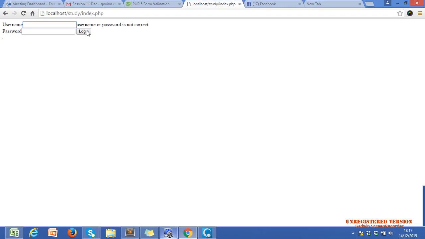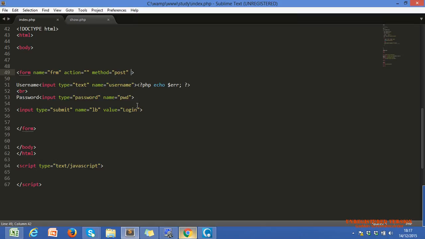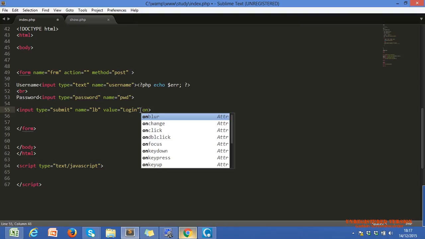This button is the login button. If we click it, there is an on click event. Whenever we click our button, this event will fire. On change, on blur, on click, on double click, on focus, on key down. These are all events.